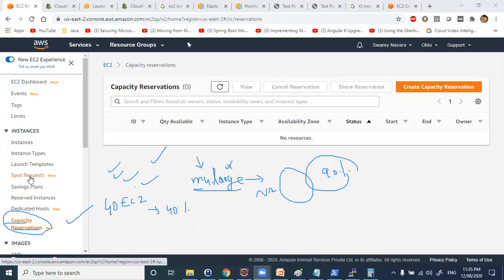Spot requests, keep in mind that no databases should be installed in these machines. No user data should be there. You should use these machines only for temporary use. That's where you go for spot request. So here there are 3 types of requests. The one time is, first we request how many instances we need as per the spot price. Then they will provide and terminate. They will just give 2 minutes of notice for the termination, and they will take the device out of the spot request. Second type is, say you have a spot fleet where you will have some group of machines.